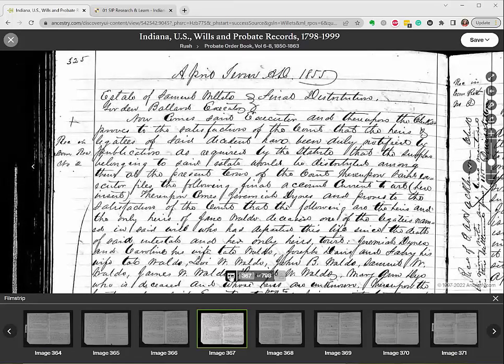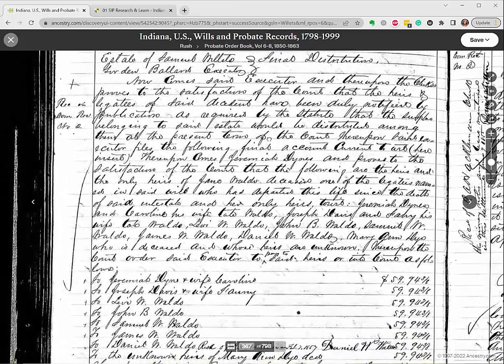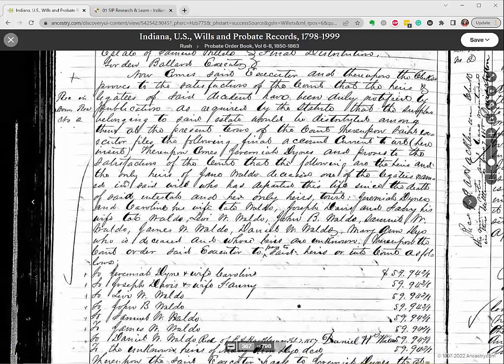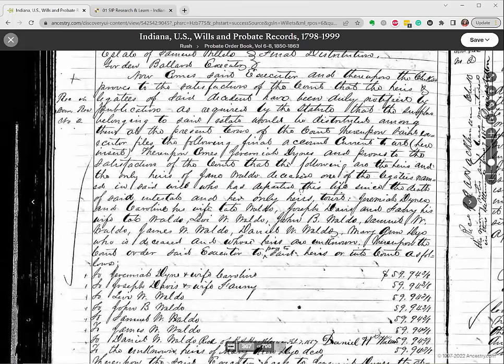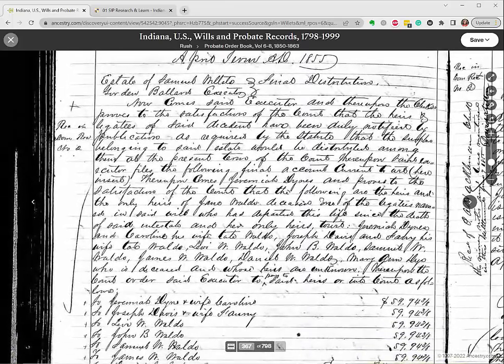And then I could click this film strip, or I can click this X off to the right, and that's going to give me a lot more space. So the thing that we were looking for here was of course his daughter, and we find this in the only heirs of Jane Waldo, deceased. So what that told me was that between 1842 and, if we go up here, it's 1855 when this court case is being brought in,